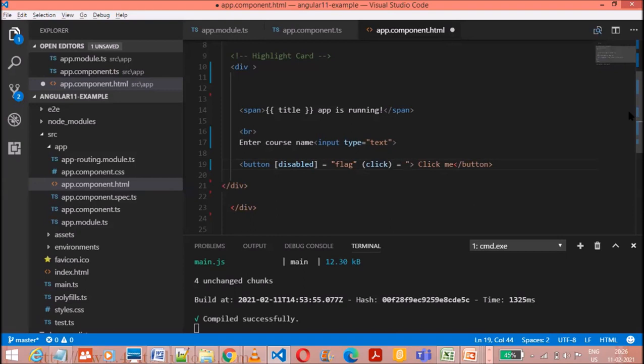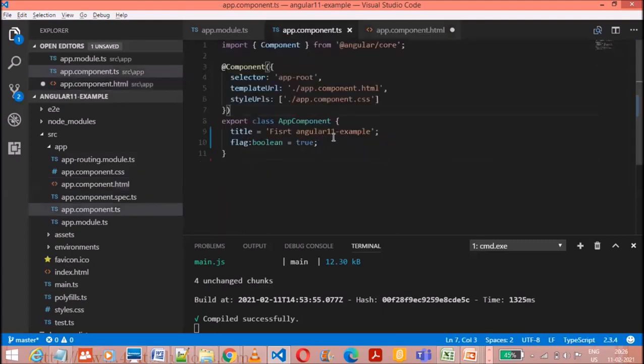In string interpolation and property binding, the data goes from my component to my view. Whatever changes I make in my component class would be reflected in my HTML.